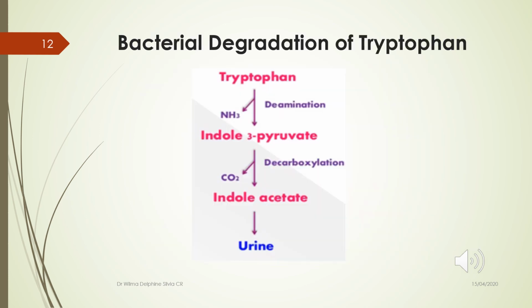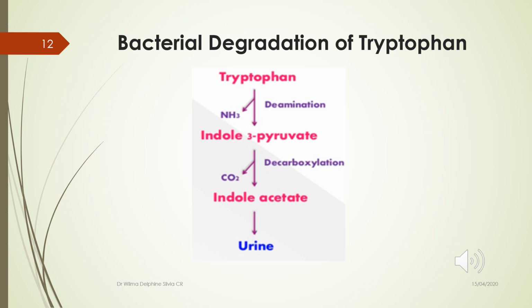Tryptophan undergoes degradation by the intestinal bacteria to result in the production of several indole compounds. These are mainly excreted in the feces as skatoxyl and in the urine as indole acetic acid. So tryptophan undergoes deamination to form indole-3-pyruvate, then undergoes decarboxylation to form indole acetic acid, which is excreted in the urine. So the major urinary excretory products of tryptophan are